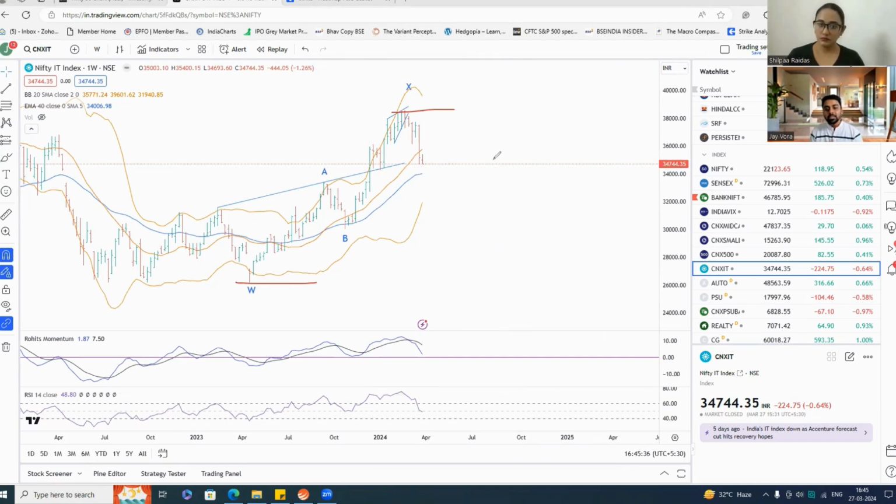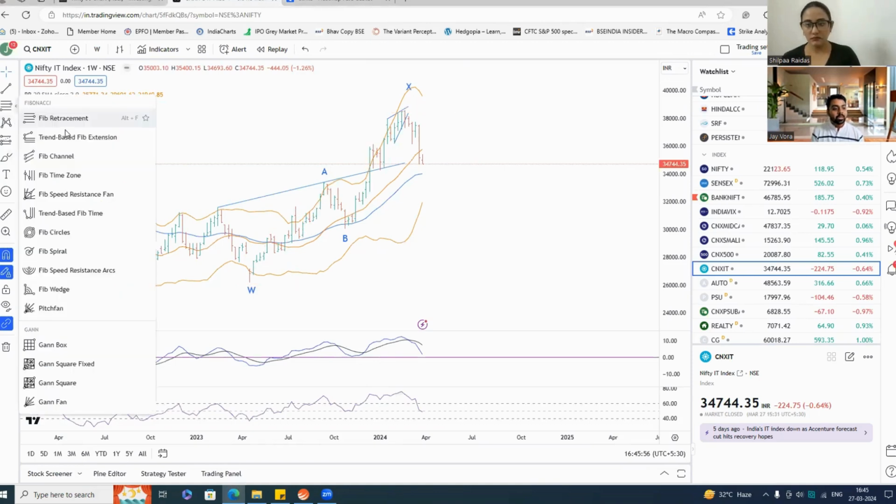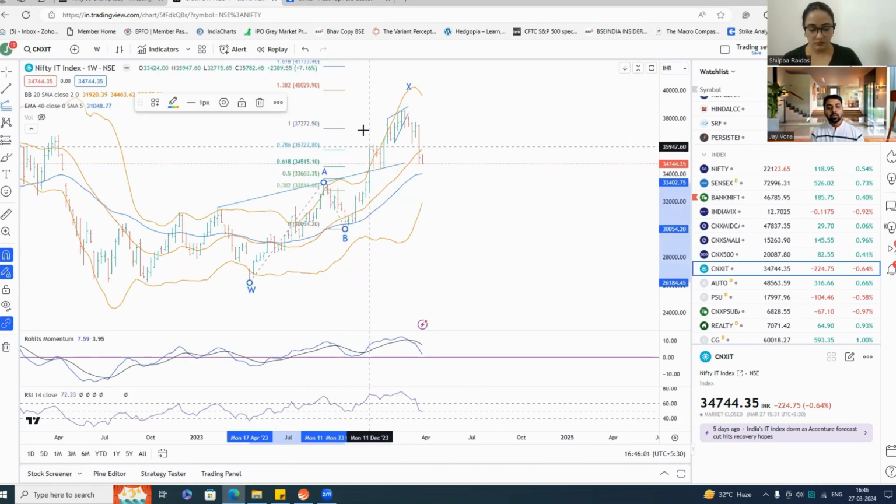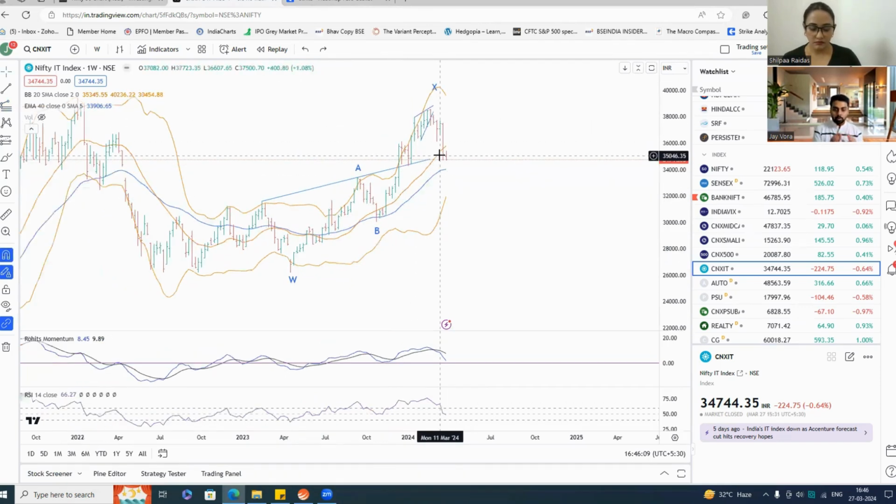So basically, there is no way to count this rise as an impulse, because everything you see is overlapping over here. This still looks like 1, 2, 3, 4, 5, 6, 7, 8, and 9 legs on the weekly chart. But when we do the equality level, that comes to around 37,000 or so. So it has done slightly more than the equality level as well. So again, it is telling you that the major ABC pullback could be over in IT,